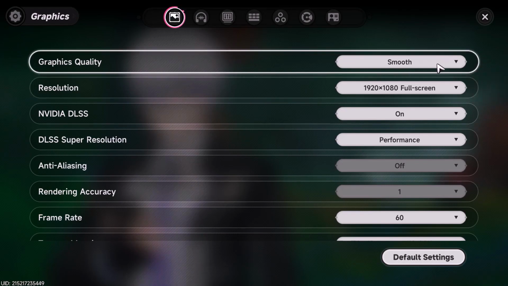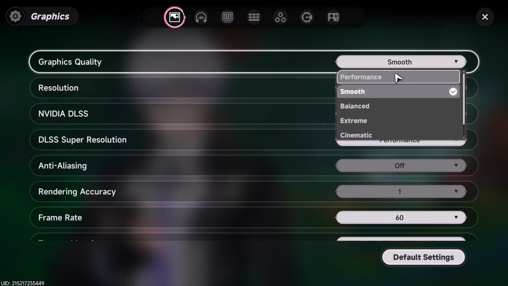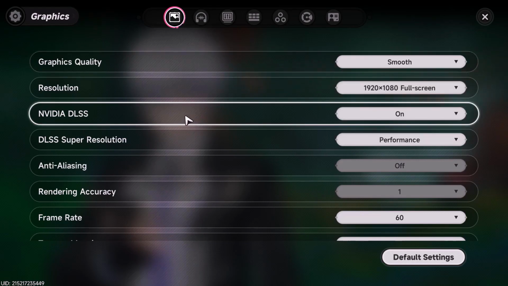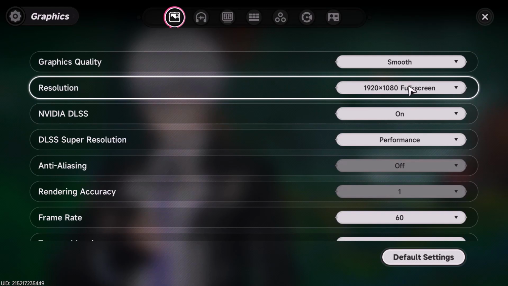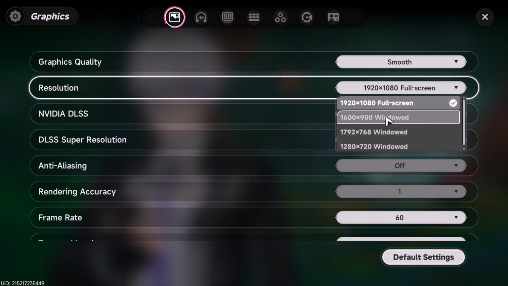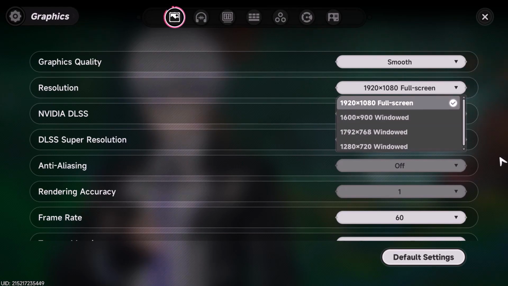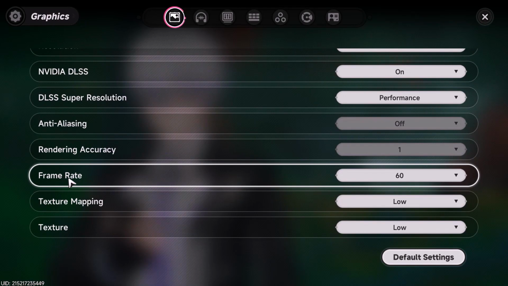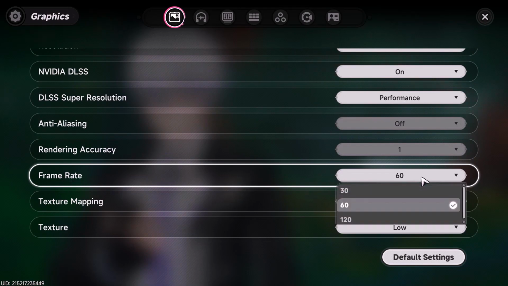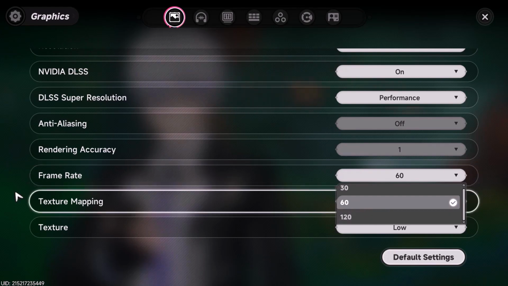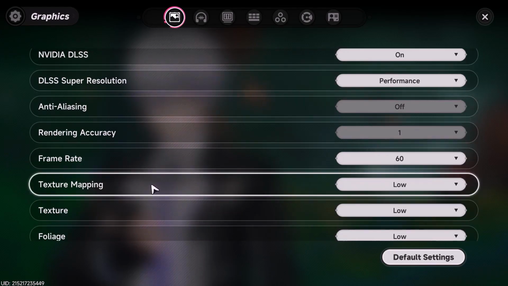By default it is smooth in my case. You can select performance or you can also select balanced, then scroll down. Now you can select the resolution to windowed mode 1600 by 900, or you can also select this one or this one. Now you can reduce the frame rate. If it is selected 240 in your case, then you can go to 120 or 60, and then